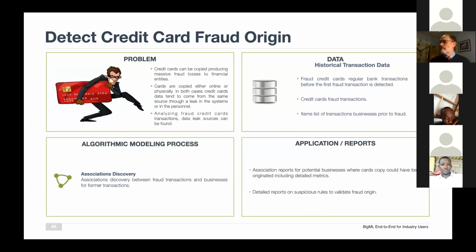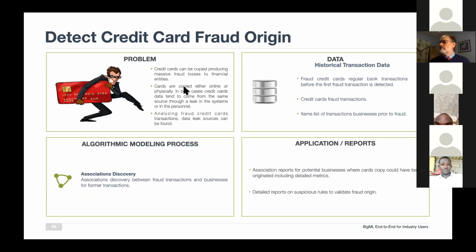Another interesting point, and I think I'll stop shortly to leave moments for the questions, is about credit card fraud detection, and this was used only with anomaly with association discovery. In this case, we wanted to find the credit card fraud origin. This was done in Colombia, and they had some cards that were copied, and they wanted to find where they were copied. And in general, if we got fraudulent transactions and the previous transactions from the fraudulent transactions, we could